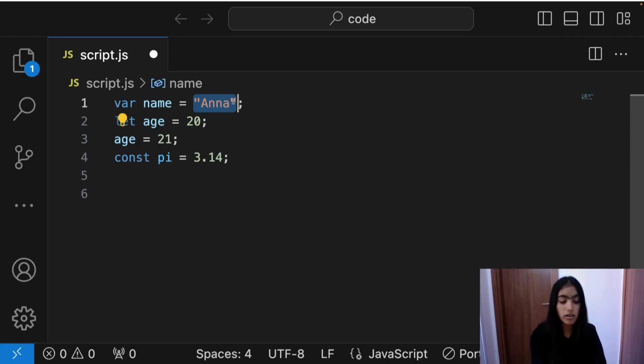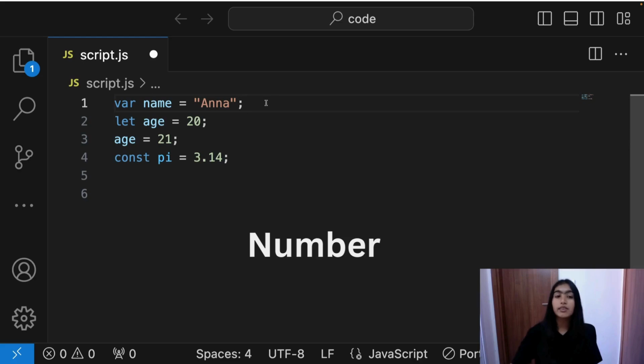What I mean by single or double quotes is this is single quotes. Wait, let me show you. So this is single quotes, whereas this is double quotes. Any text or thing, any text, it should be in double or single quotes. So that means that's a string value.